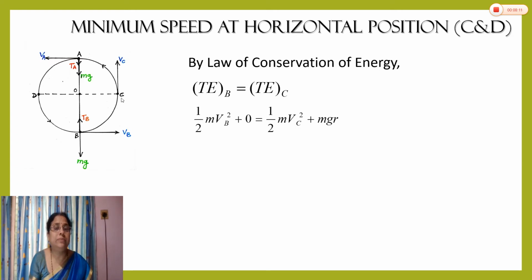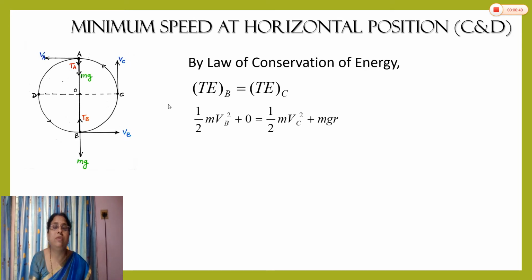Now at point C, total energy is equal to kinetic energy plus potential energy. The kinetic energy is half m vc square. Why we say that? Because we consider vc is the velocity at point C. Now what is this mgr? It is the potential energy at point C. How do we take it mgr? Because we know that when the object moves from point B to C, the vertical distance covered by it is the distance between point O and B, that is the radius, equal to the length of the rod. And so I can say instead of mgh, I can put the equation mgr.